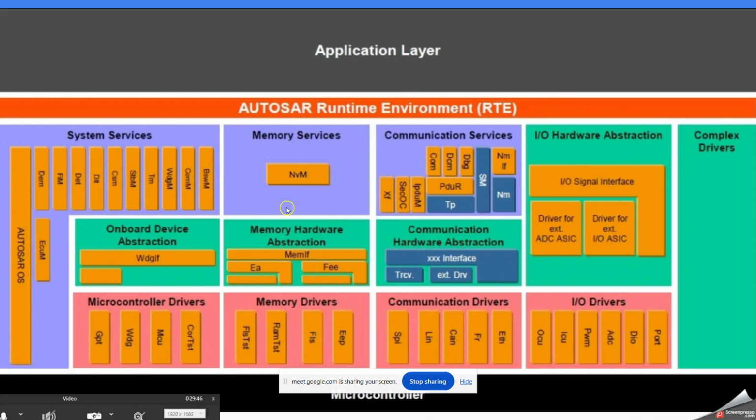So it's not that if you want to be an Autosar developer, you have to be in all of these modules. Every module has scope. You can stick to one module and continue on it. You can continue on the communication services itself or diagnostic services itself, or you can be a master in the memory services itself. It's huge. So on at least one thing you have to work 2 to 3 years to become a master of it. So it is like that. So basic understanding you must have, and then